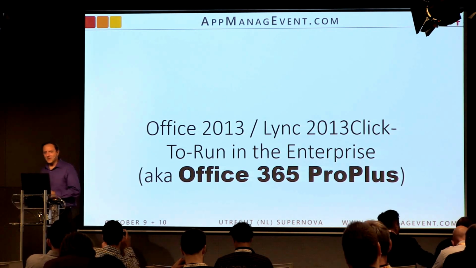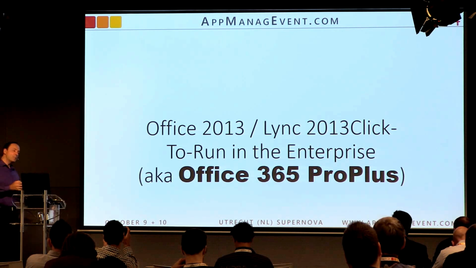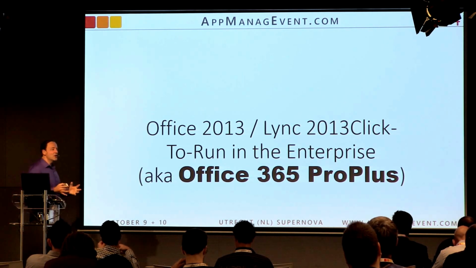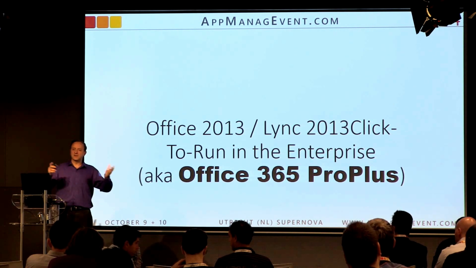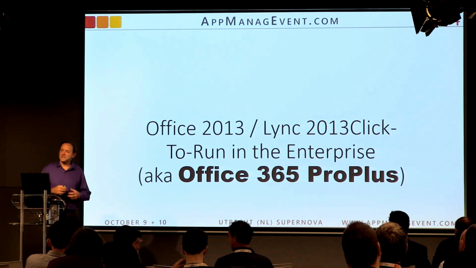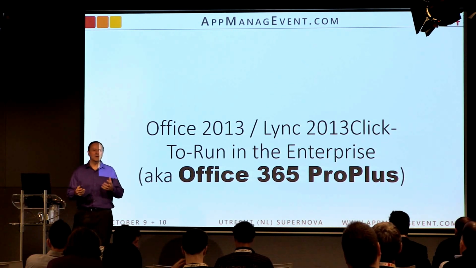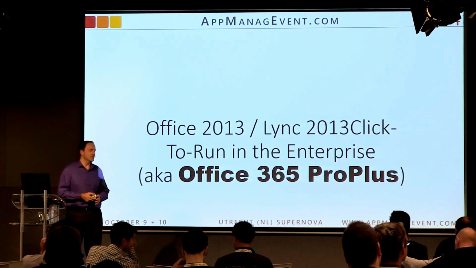Gartner, someone who had a discussion with Gartner at the company I'm contracted at, said that some companies don't even know that there's this new deployment technology, Click to Run. They just grab the MSI, start deploying it, and then realize, oh, we're not licensed for this. We're only licensed for Click to Run. So this is how bad the terminology has gotten that people don't even realize there's at least two very distinct ways to push Office 2013.